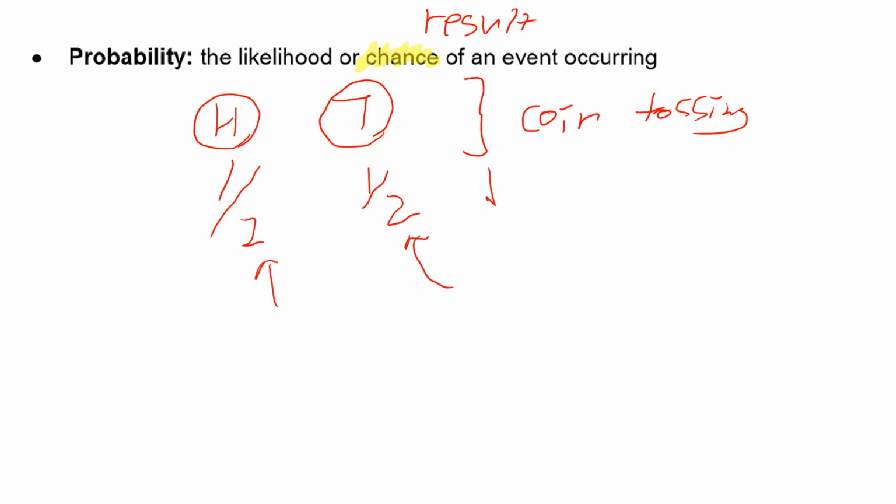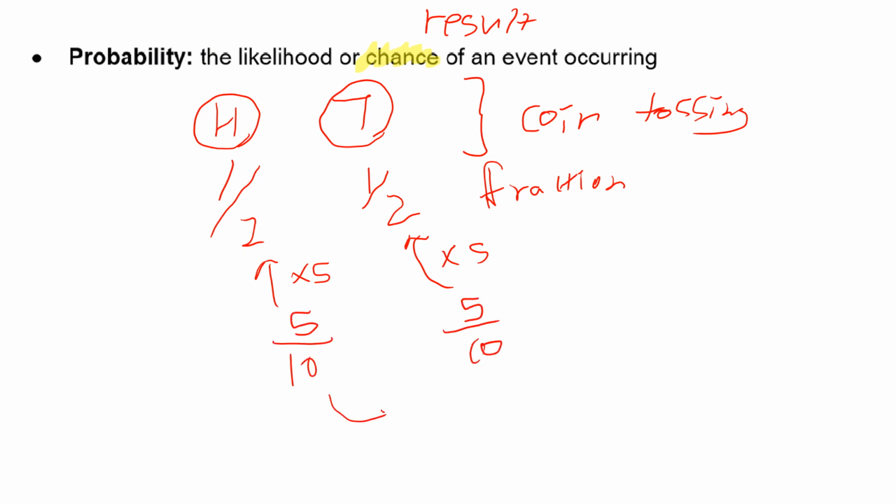So we start with a fraction as a ratio, and obviously if you multiply those by 5, then you will get 5 out of 10, 5 out of 10, which means it's going to turn into 0.5, 0.5. Thus,